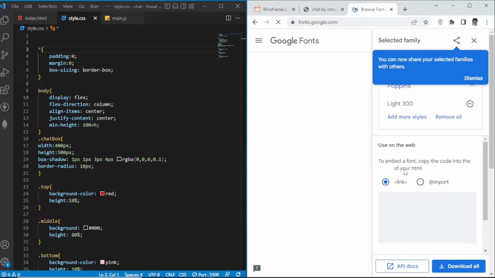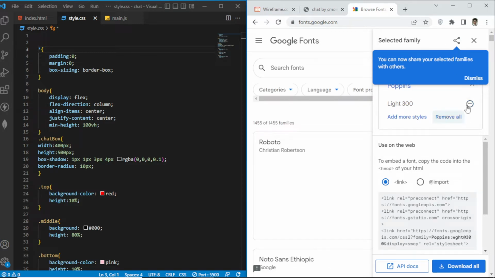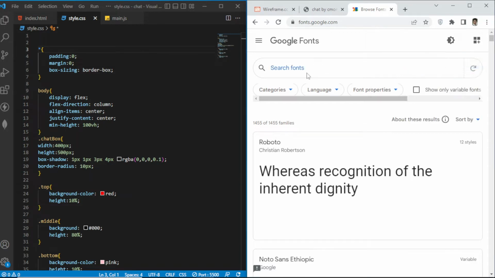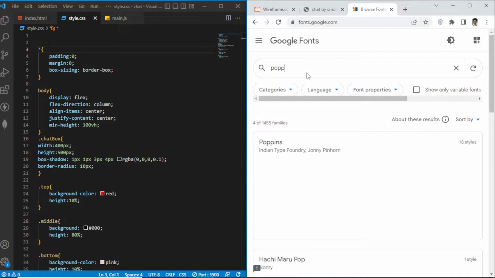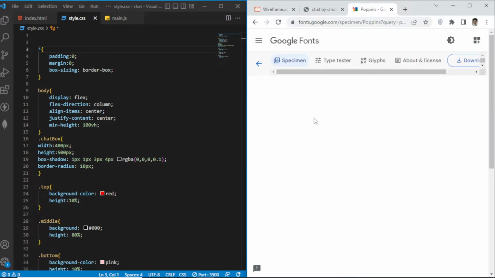I have already selected Poppins, but I will teach you how to select. So let's search for Poppins. Here you get the Poppins font styles,